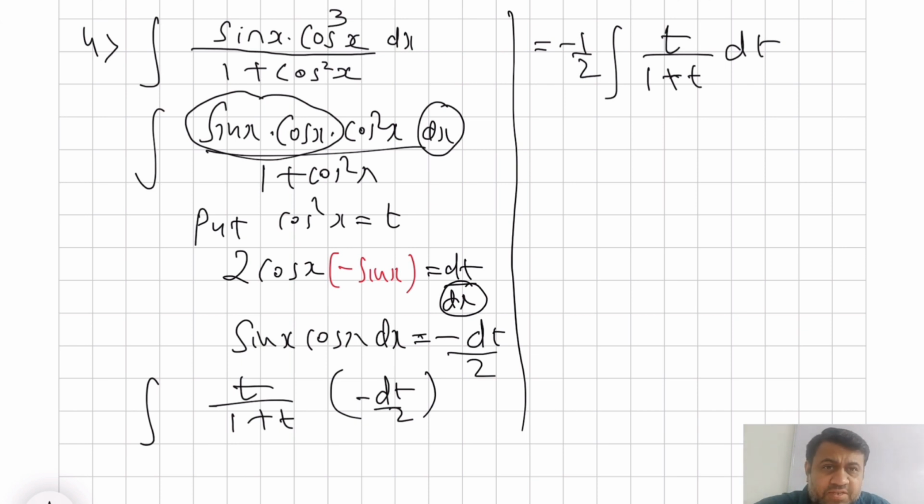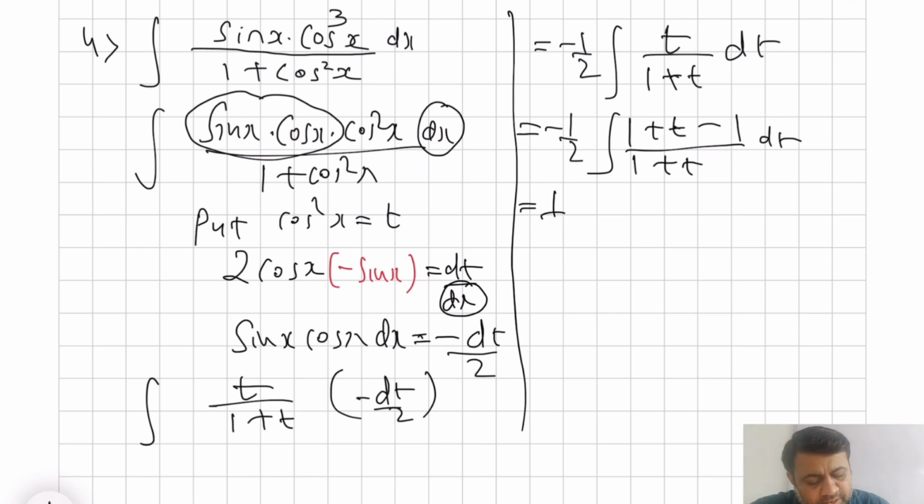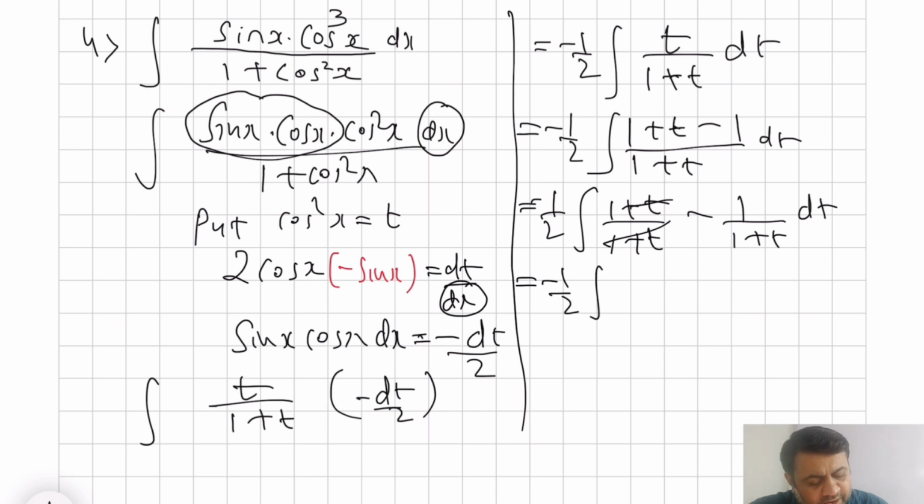So what to do in such circumstances? I just do plus 1 minus 1, because by doing that I can take it in separate parts and then we can easily integrate this. Suppose in the denominator, instead of 1 plus t, I have 7 plus t, I'll do plus 7 minus 7, that kind of thing you can manage. So I'm just doing plus 1 minus 1. Next step, I'll take them separately. So minus 1 by 2 we keep as it is, 1 plus t upon 1 plus t separate, and minus 1 upon 1 plus t dt separate. So 1 plus t is getting cancelled, minus half being constant we keep as it is, so we are left with 1, and minus 1 by 1 plus t as it is.